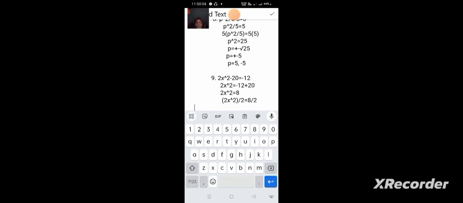So cancelling out 2 on the left side of the equation becomes x raised to 2 is equal to 8 divided by